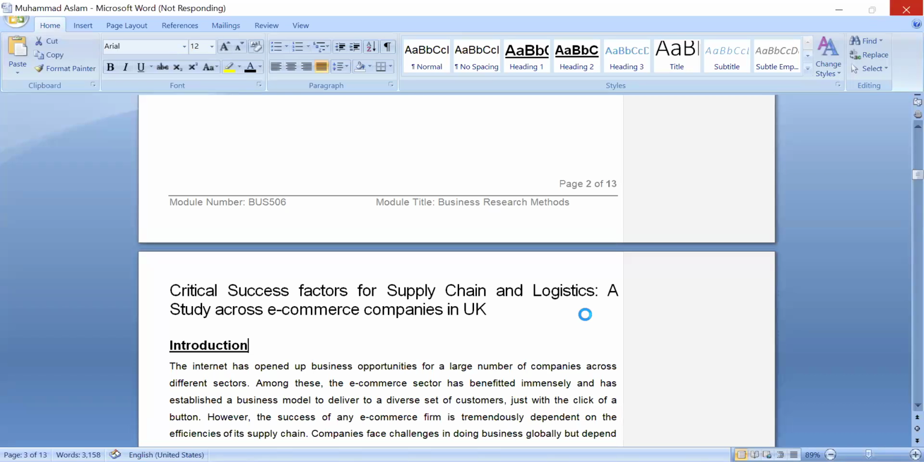Okay, so the internet has opened business opportunities for a large number of companies across different sectors, and the e-commerce sector has benefited immensely and has become established. So you can give a little